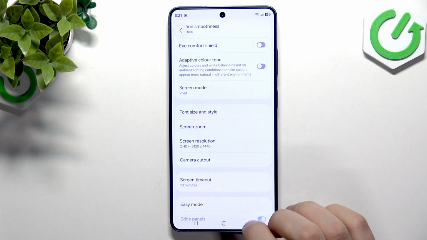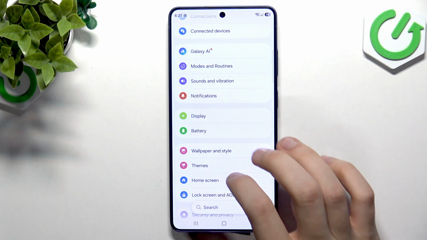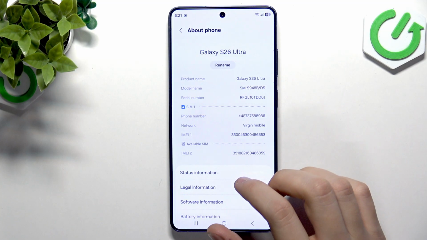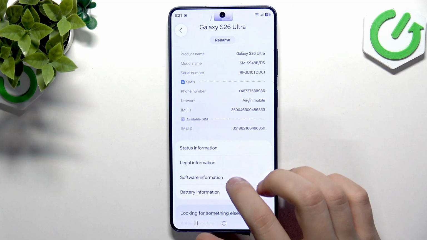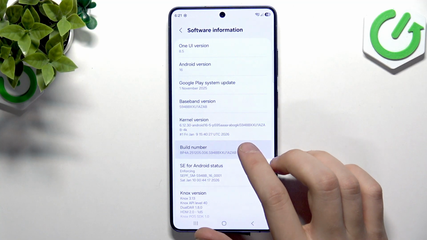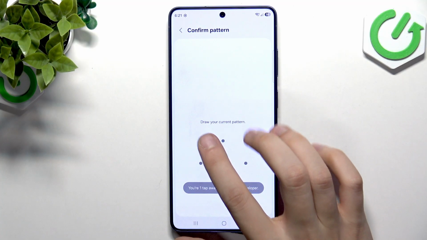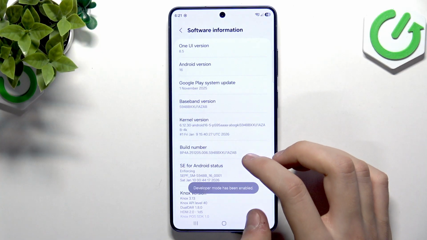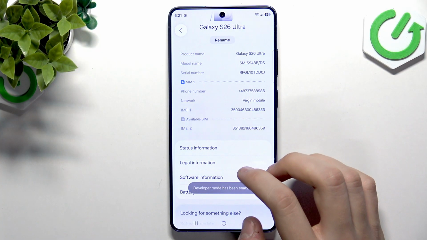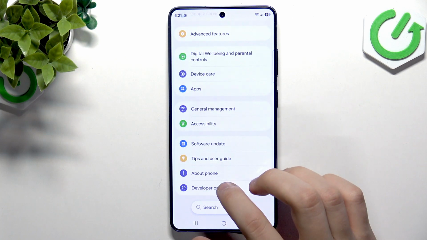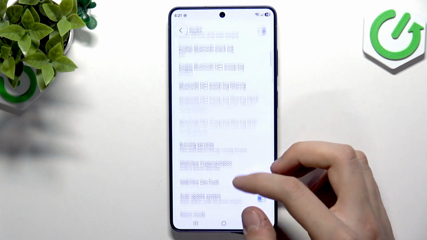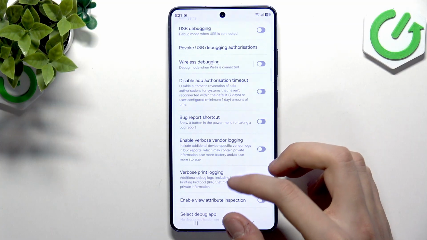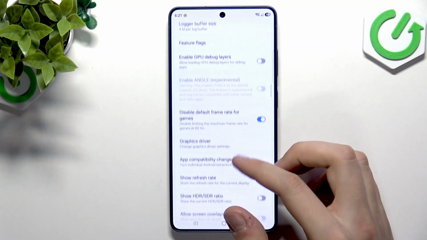And not only that, if you go back, scroll all the way down to the about phone section, tap the software information, and tap build number many times, enter your current pattern, and you'll be a developer. What to do now? Go back again, tap developer options, and now you need to scroll down to drawing,